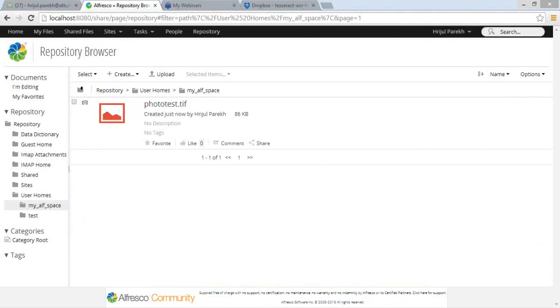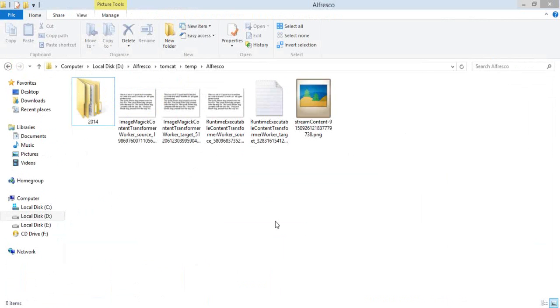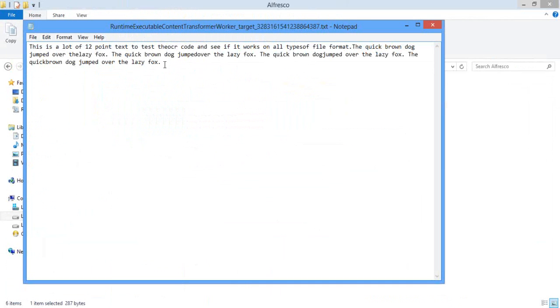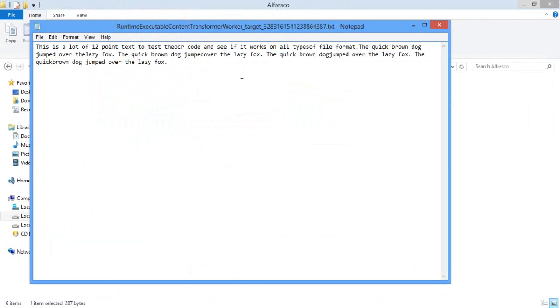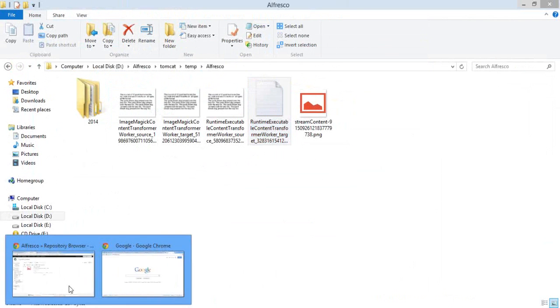Whenever you are uploading this test file, just check in your temp folder. You will see that this image is going to be transformed by the transformer, and you will find one text file. Here we got one text file. It has almost the same content as what is in the image. I'm showing that on the Alfresco board.